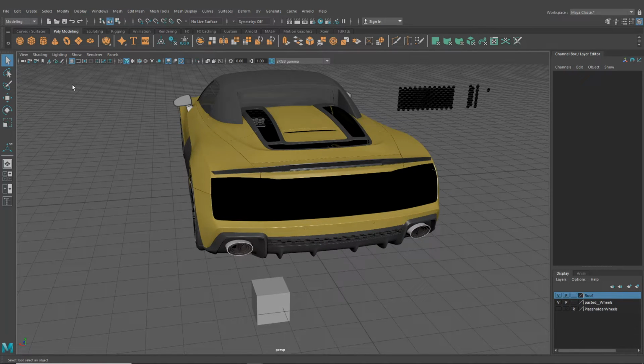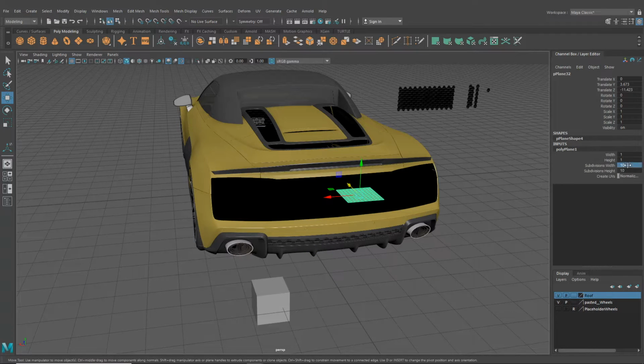So we'll maybe do this one first. What I'm thinking we could do for this is, let's have a think, we could maybe start it with a plane. So let's bring the plane out here. I'm just going to reduce this right down to 1 and 1 for the subdivisions, and then I'm going to give it a rotate around here to